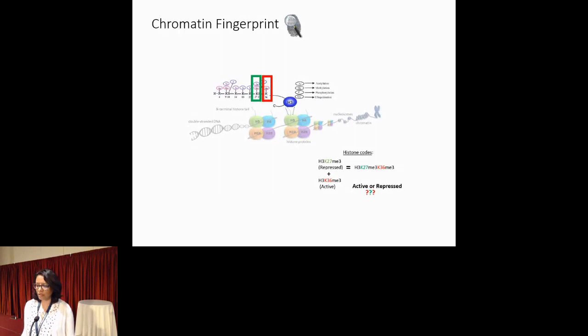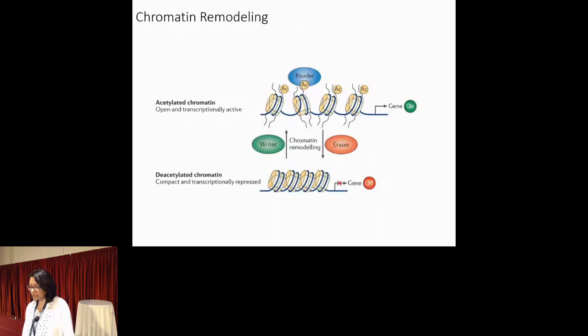H3K36 trimethylation is an active mark. But what happens when they co-localize, giving rise to this bivalency idea? We have no idea how that works. And why is that important? That's important because there's a process called chromatin remodeling, where changes of nucleosome position are mediated by these